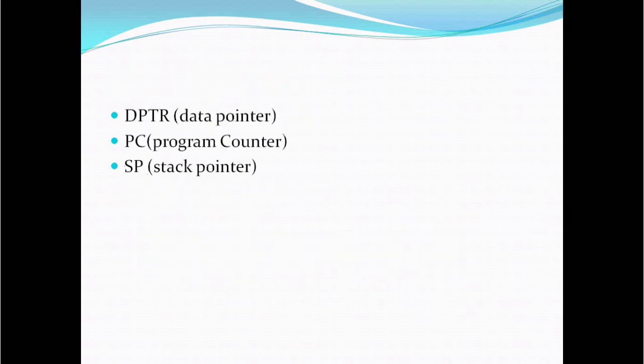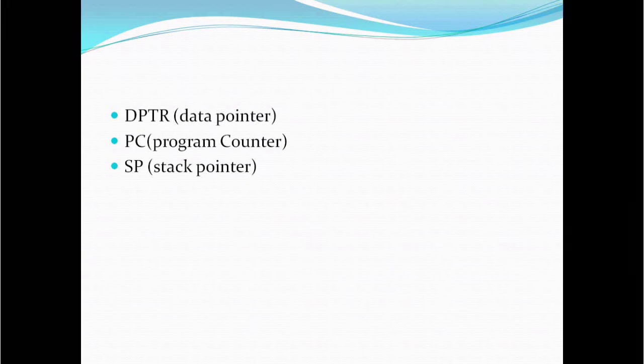Then next there is the DPTR register. This DPTR register is a data pointer, and it is a 16-bit register. All other registers we have discussed previously are 8-bit registers.